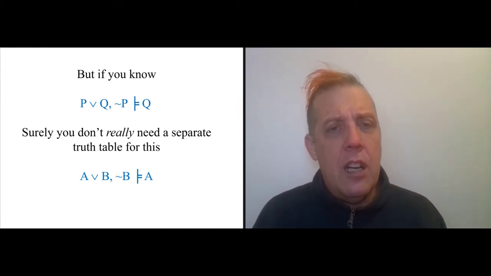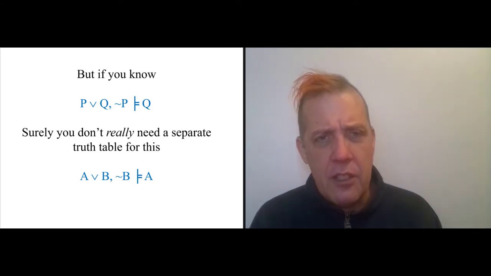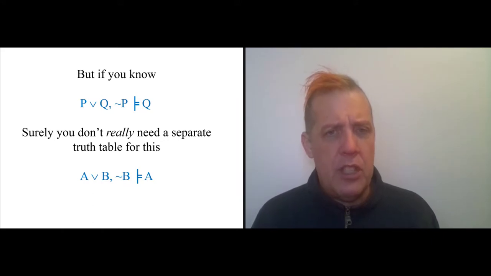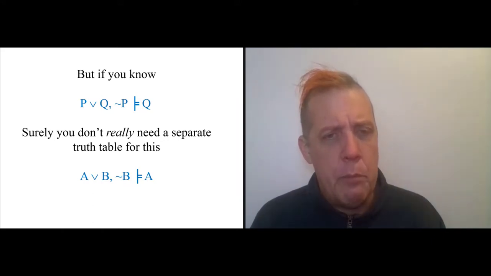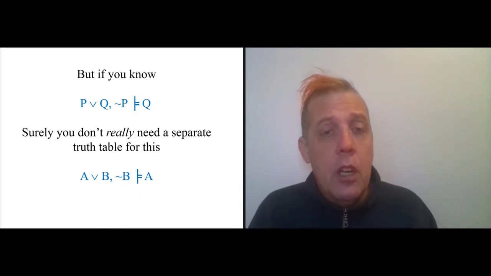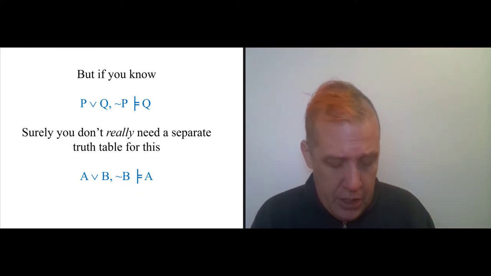Well, what if we just had the exact same argument with different sentence letters? If you knew the P or Q argument, surely you wouldn't need a separate truth table for A or B. But, I mean, that's the way the truth tables work. You only do them for individual combinations of